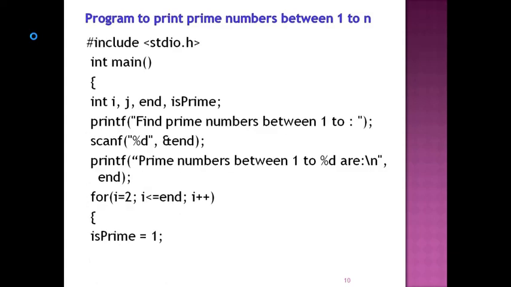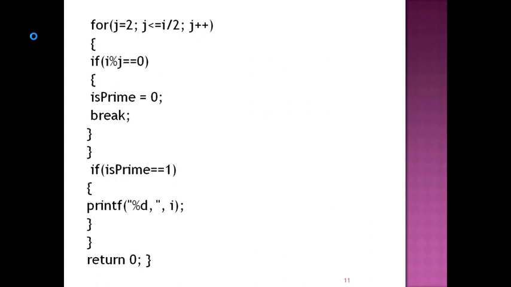It increments the i value by 1. Now i value becomes 5. It checks whether 5 is a prime number or not. Yes, 5 is a prime number. It prints on the screen. Again control passes to the beginning of the outer loop.